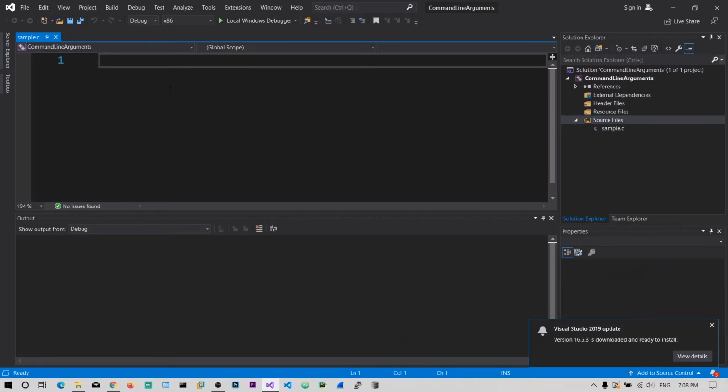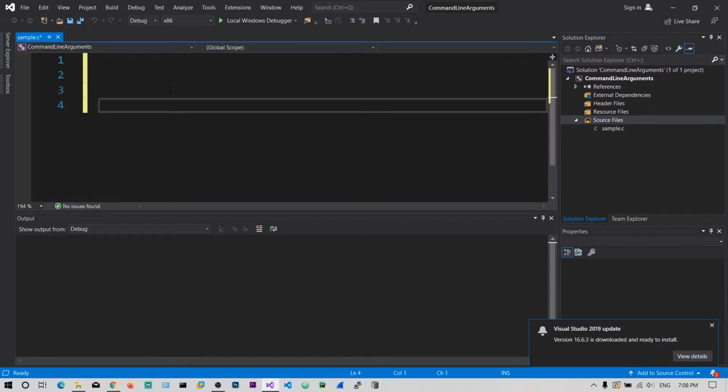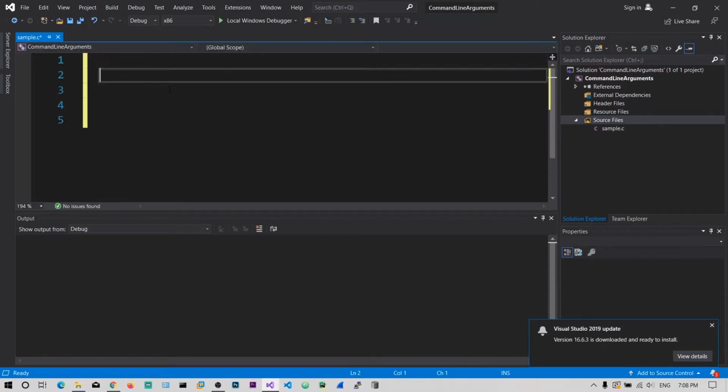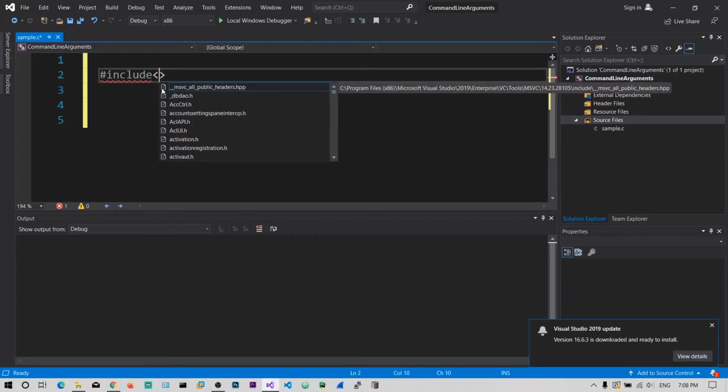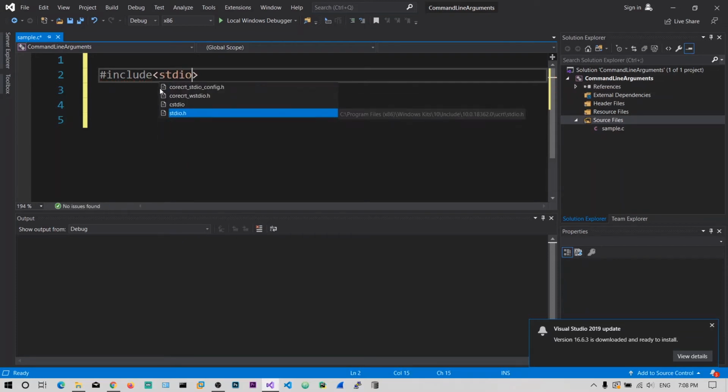Now we can write our C program here. Let's say #include <stdio.h>. So now I have included the stdio.h header.